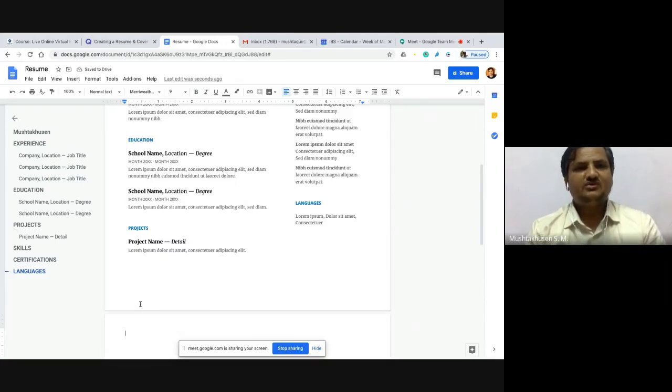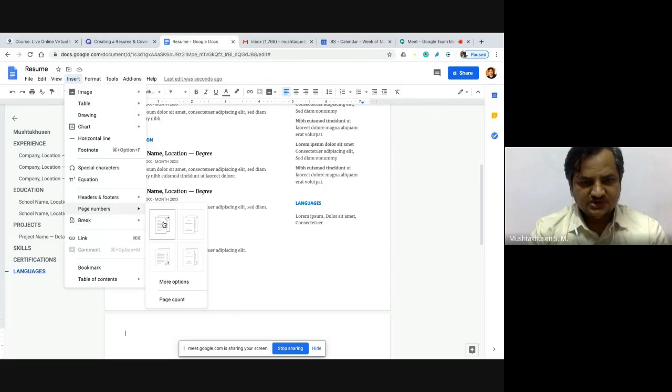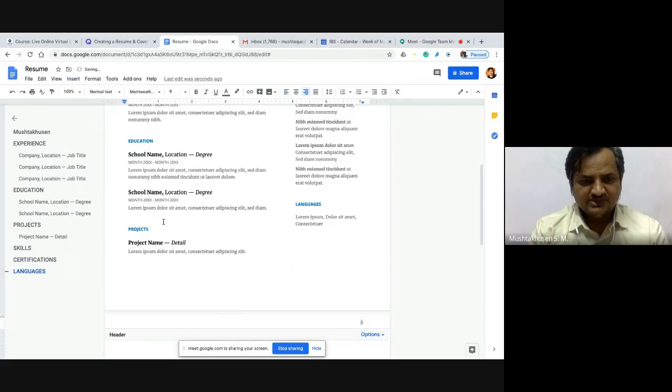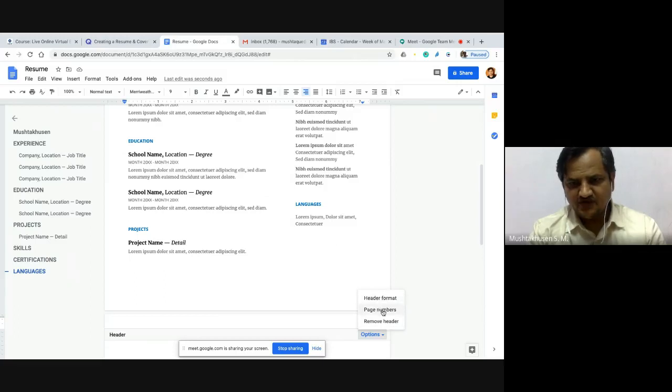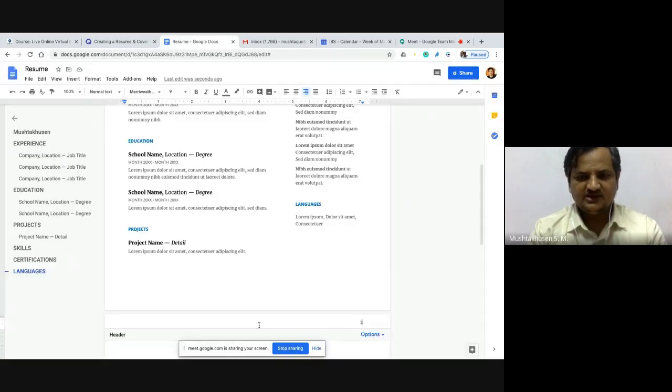Now when you have to enter page numbers, so how to enter page numbers? First of all, we need to go to insert menu. From insert menu you can click on to page number. So here you can select anywhere. I mean, you can keep those in center or on right side or left side. So you can use these options too. Whether it is header format or page numbers, then whether you want in header or starts with 1, 2, you can just apply this, and this is how you can enter the page number.